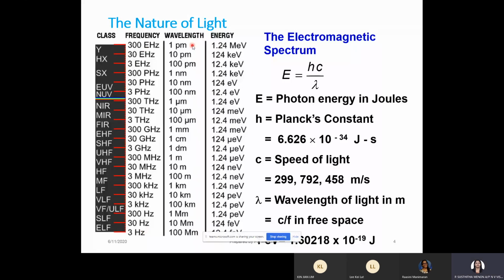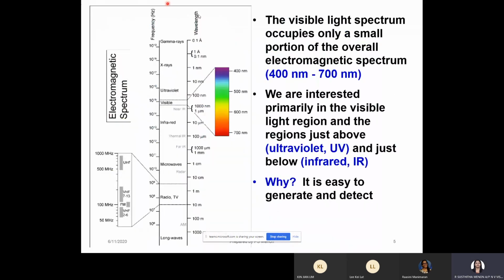And similarly, the wavelength can be very small, 1 picometer, right until 100 megameters. And this corresponds to the energy of 1.24 mega electron volts and a very low value of 12.4 pico electron volts. Okay, so this is about the electromagnetic spectrum. The visible light spectrum occupies only a small portion of the overall electromagnetic spectrum. It is right over here, from 400 nanometer to 700 nanometer. And